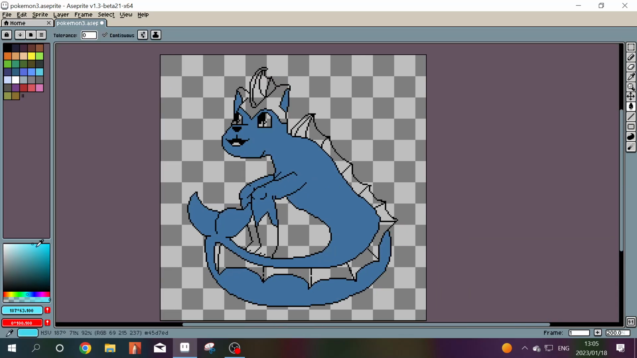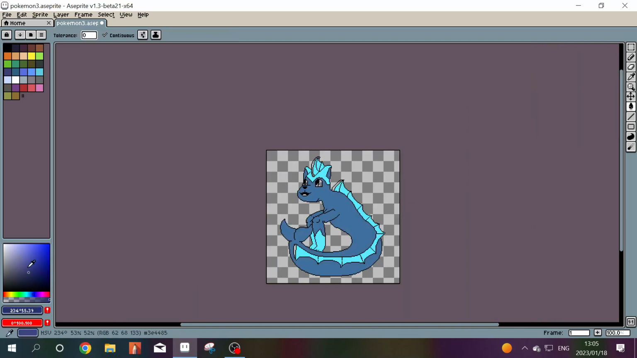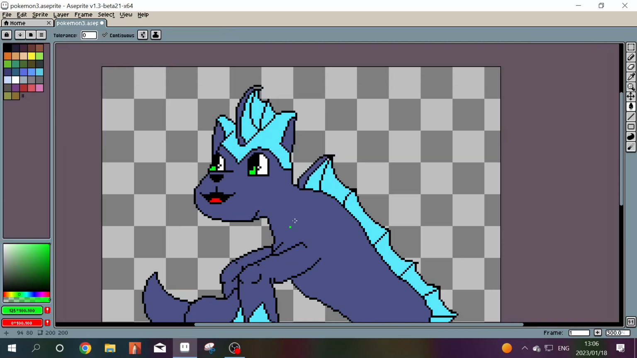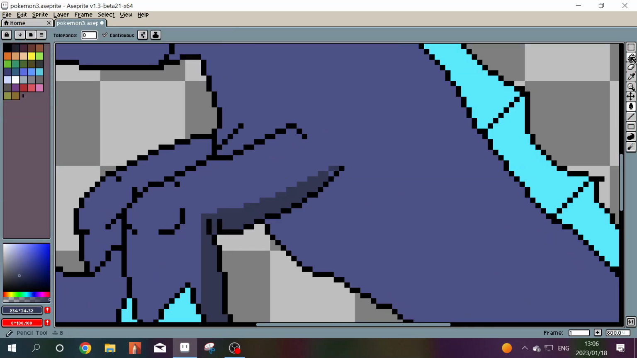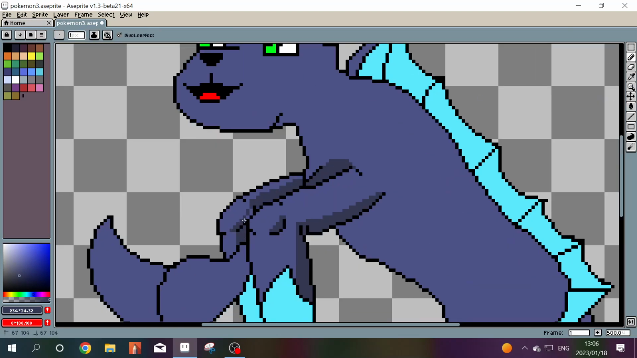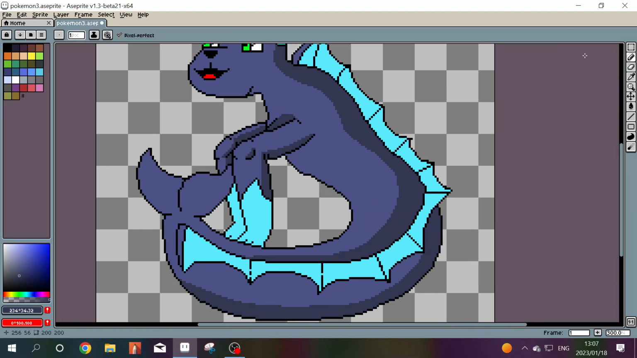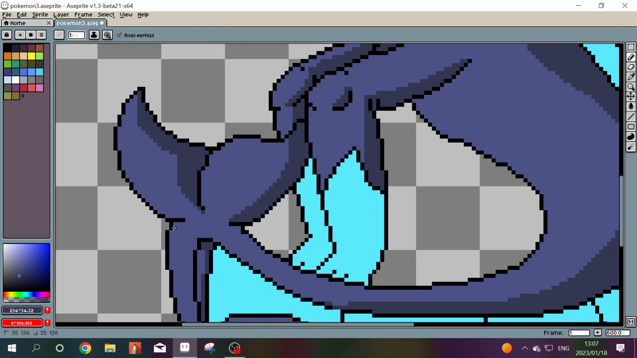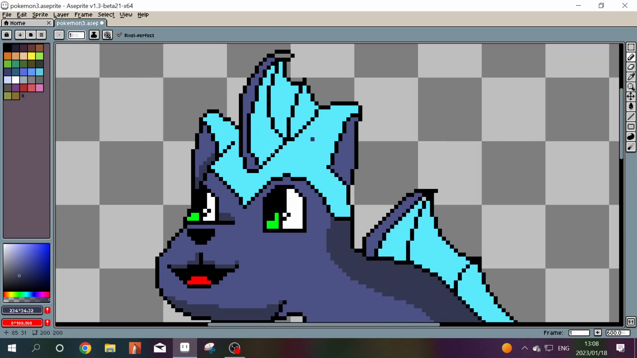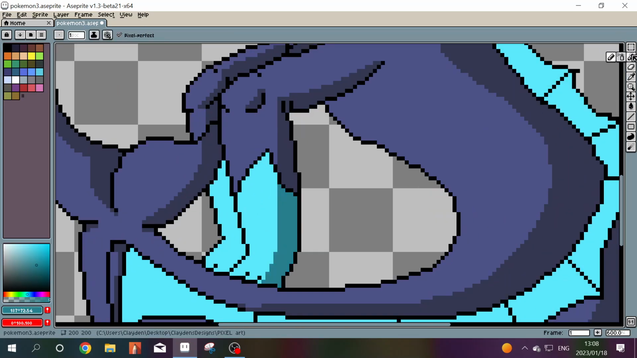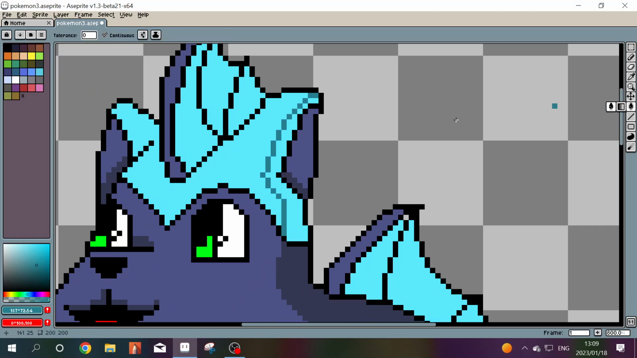And now we're moving on to the coloring, and with this character, the coloring is always a part I enjoy a lot about doing pixel art. Usually when I do normal traditional art, I enjoy doing the sketching, because then you can come up with the character and play around with the proportions, but